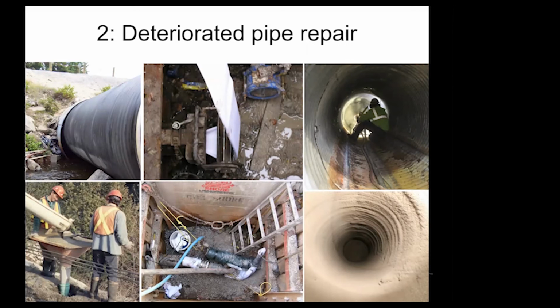In the second part of my presentation, I wanted to talk a little bit about deteriorated pipe repair. And in this slide, I'm showing a number of different ways of repairing a deteriorated pipe. I already mentioned slip lining towards the beginning of the presentation, and the picture on the top left-hand corner shows a new polyethylene pipe being slipped into place within an old corroded corrugated steel structure,